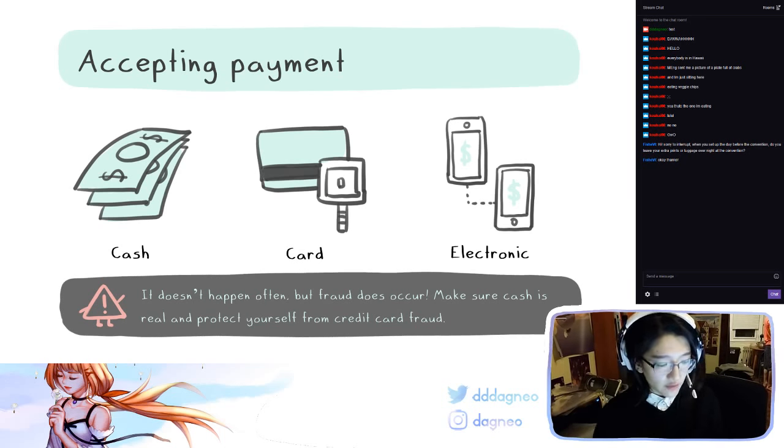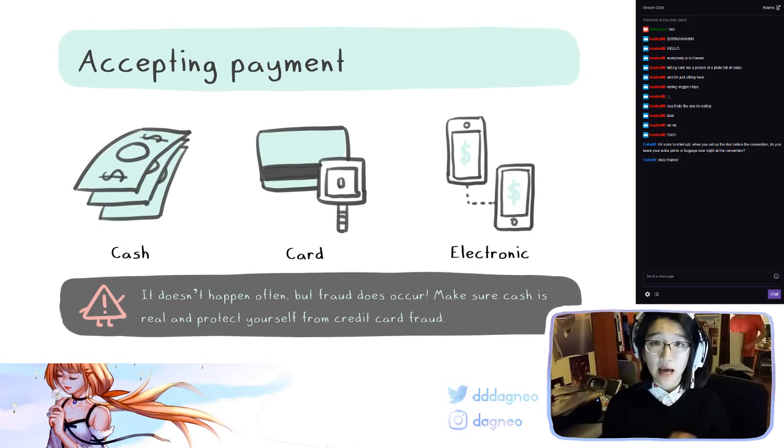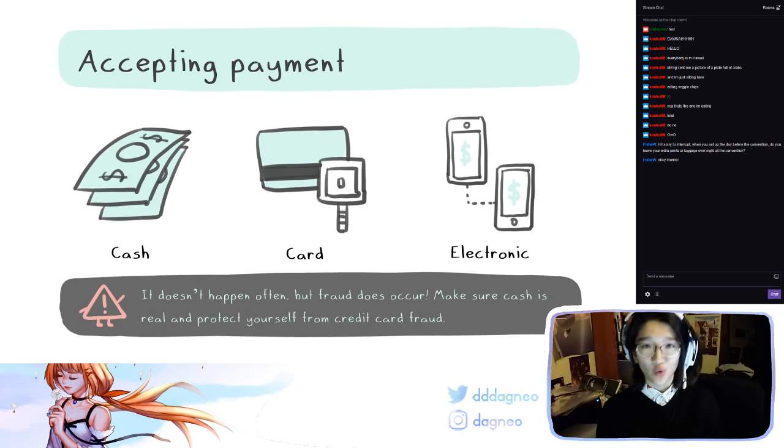For all of these methods, cash, card, electronic payments, fraud has happened, not to me personally, but I have heard stories where fraudulent cases happen. So just make sure that you are taking the necessary precautions to prevent yourself from that. If you are taking cash, just make sure you know exactly what a $20 bill looks like, because I've heard of cases where they will take a $5 bill, but then change the numbers to 20 in some way. Apparently that looks realistic,